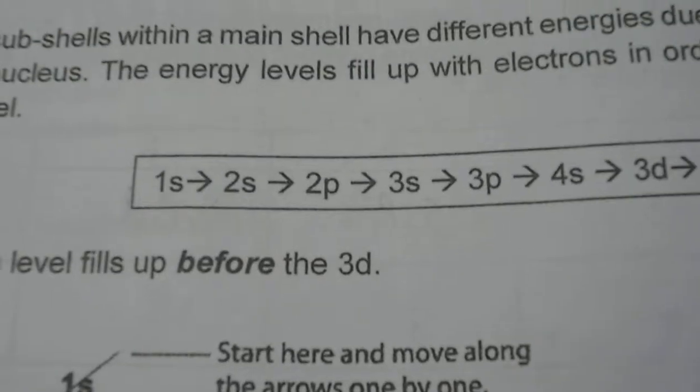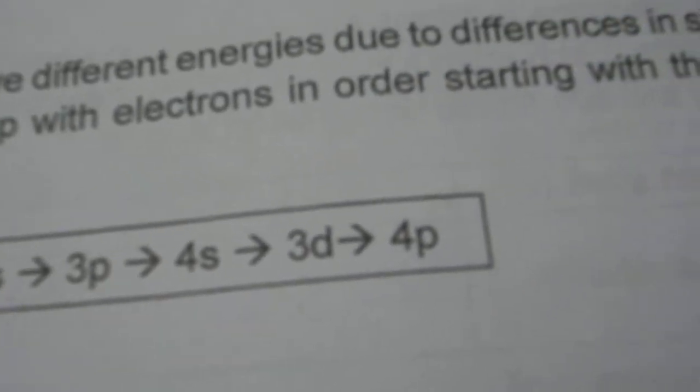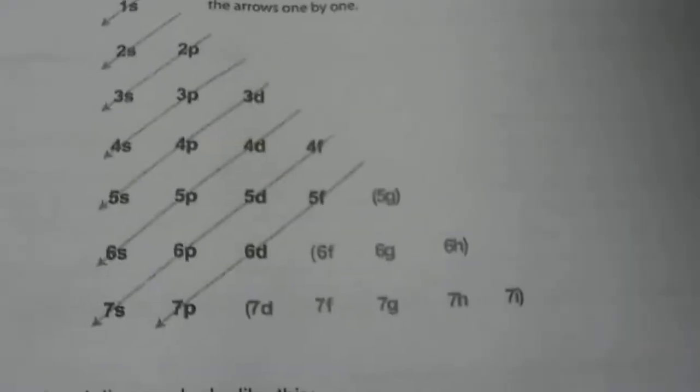So this is how the electrons fill up in their energy levels, starting with the lowest. So we go from 1s2, 2s2, 2p, 3s, 3p, 4s, 3d, 4p. Okay? So we fill in like this, and we need to note that the 4